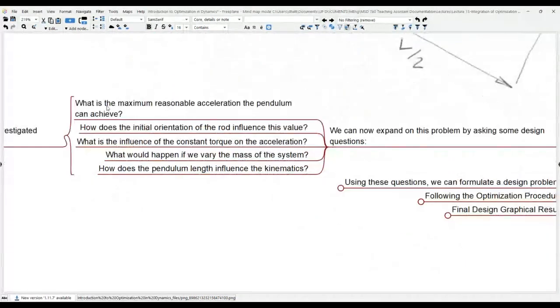So one of the questions that we can ask is, what is the maximum reasonable acceleration that the pendulum can achieve? And I say reasonable acceleration since it has to be constrained, or sufficiently constrained, to give us a feasible design. Nothing's really going to stop this system if I don't specify parameter constraints to, for example, maximize the length of the rod and make the mass as big as possible and see what the acceleration is at the end. So we always need to ask what the reasonable acceleration, or the reasonable objective function, is subject to